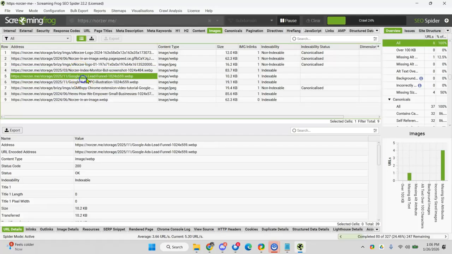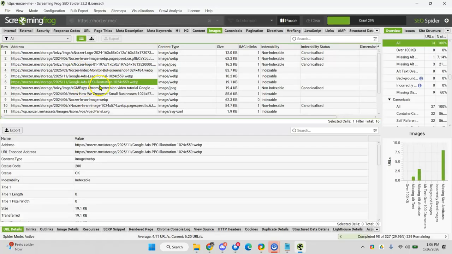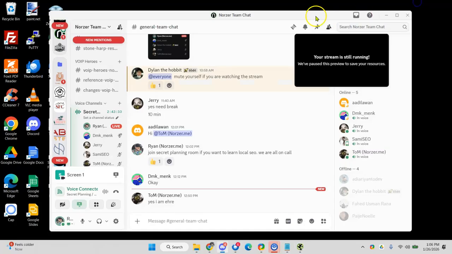Is it Google Ads lead funnel? So the image name talks about what the image is. This really matters from an e-commerce point of view. And the reason is image SEO is a thing. If somebody searches for